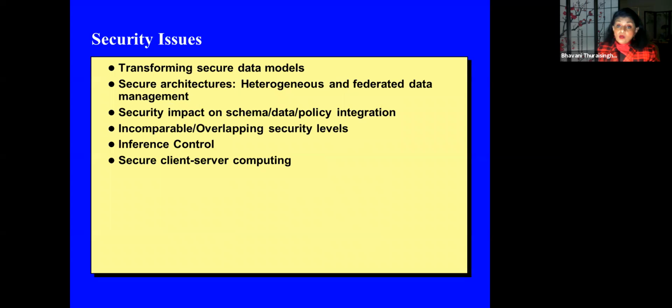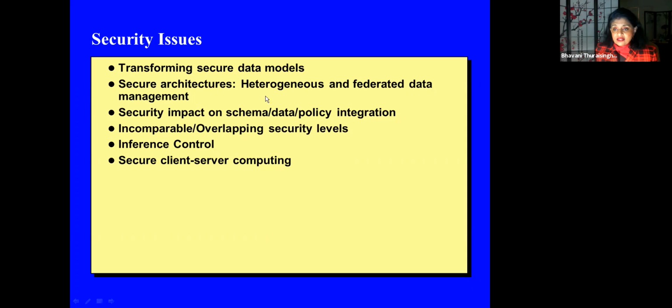Okay, so now what are the security aspects? When you transfer or transform the data models, you need to look at all the security properties, right? If you have access control in relational data, like the employee table that John cannot access, then when you have the generic schema in XML or objects, John still cannot access whatever is equivalent to the employee table. So those security properties must be maintained.